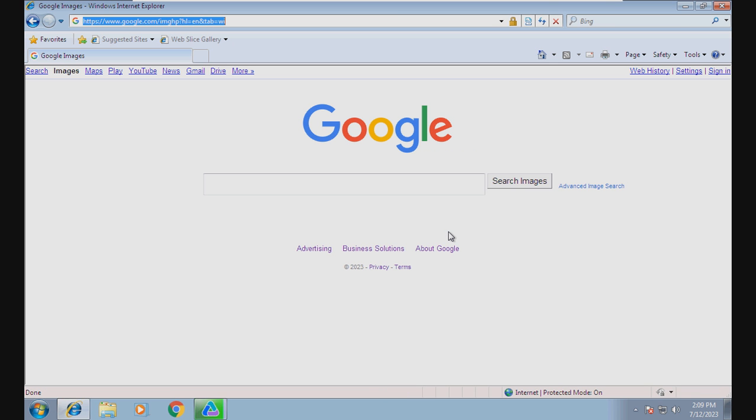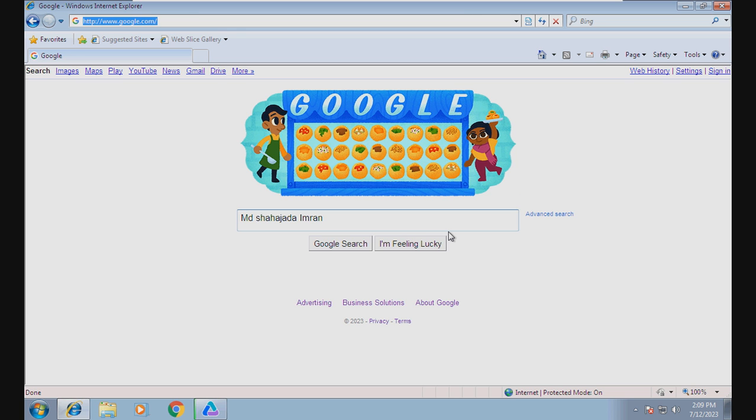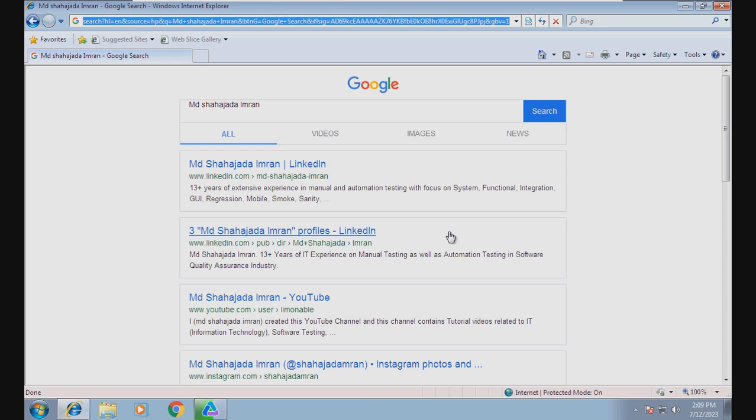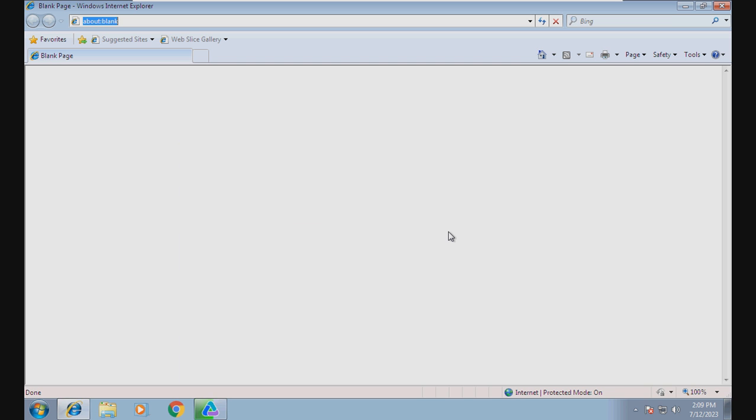One for rows, the other one for pen, and the next one for water, and the last one for my name, and then close the browser. That's one global iteration, and this is the second global iteration. It should launch Internet Explorer and go to the Bing homepage,